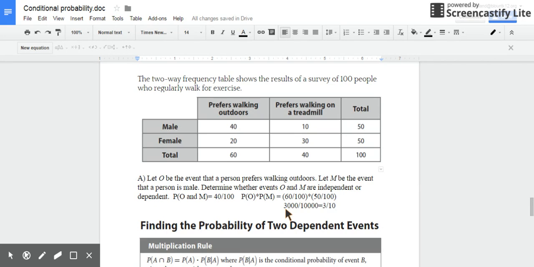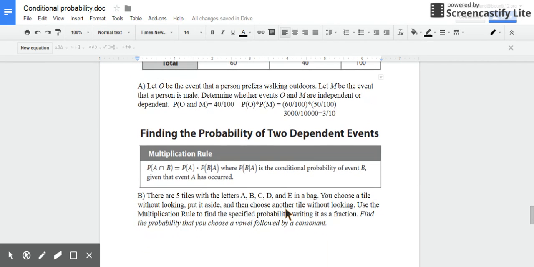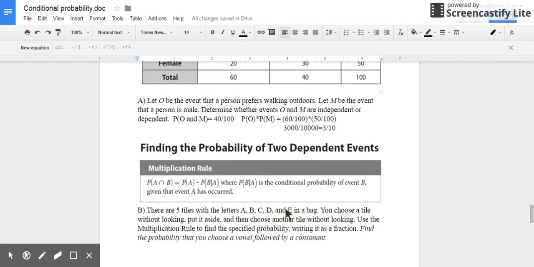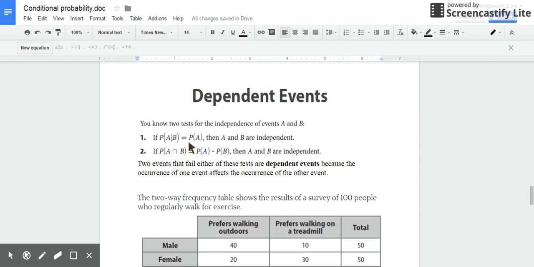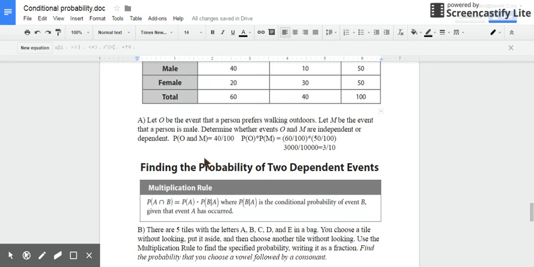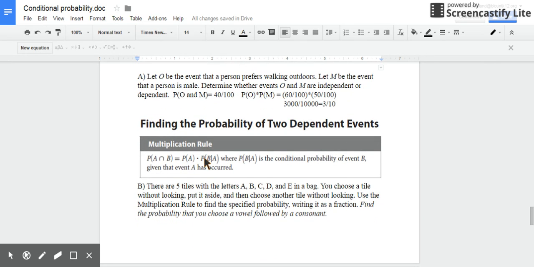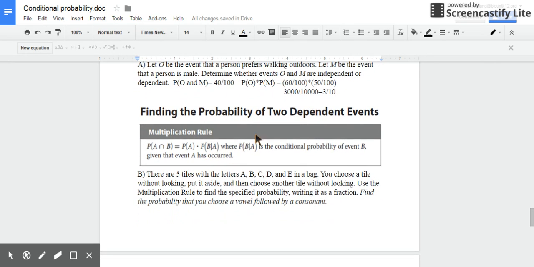All right, so we know how to check for dependent events. We could have done that test, or we could have checked our conditional probability. You can choose either one of those. Let's see, right away we can see this conditional